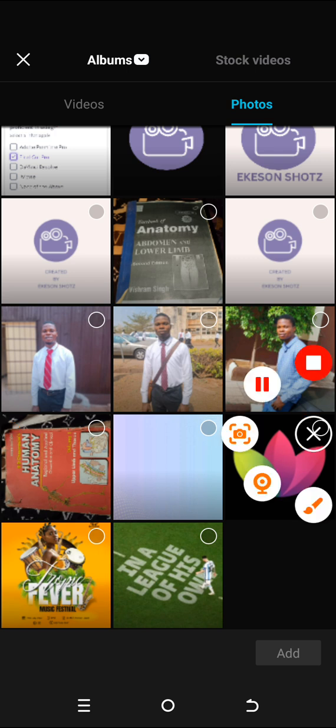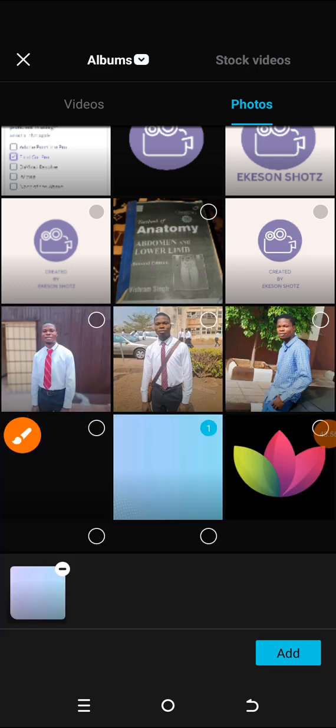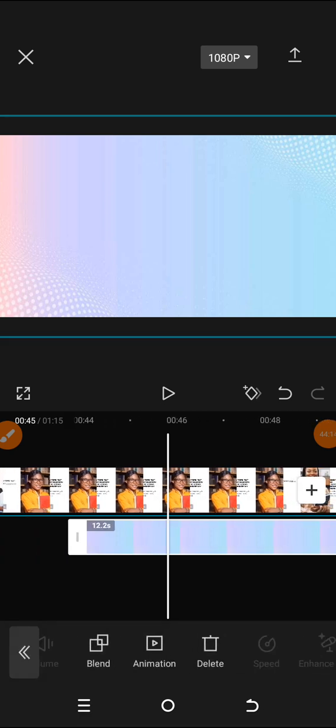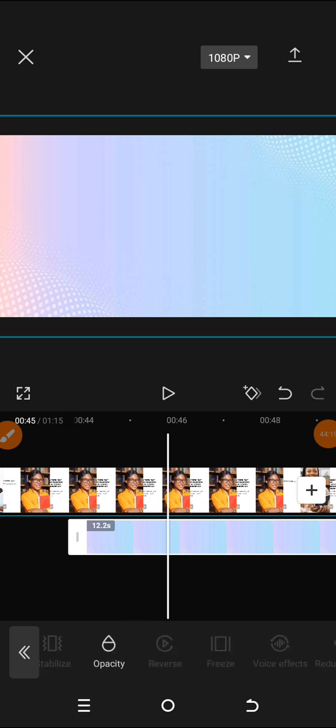Now I'll teach us how to download something like this. This is just a plain white surface. So when you choose it, you add it to this place. Use your hand to adjust it. I've already taught us what overlay is all about. So when you use your hand to adjust it, you click on it, you highlight the overlay, then you move to this and click on